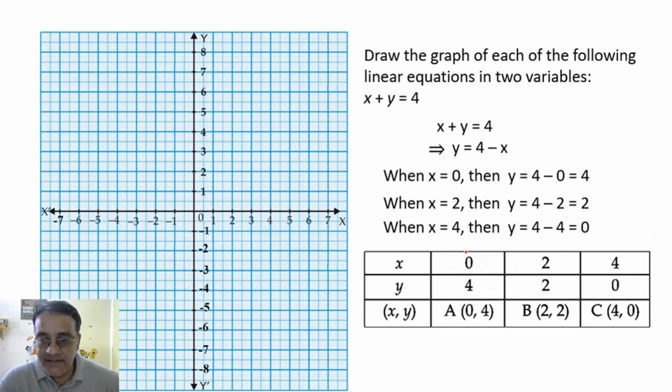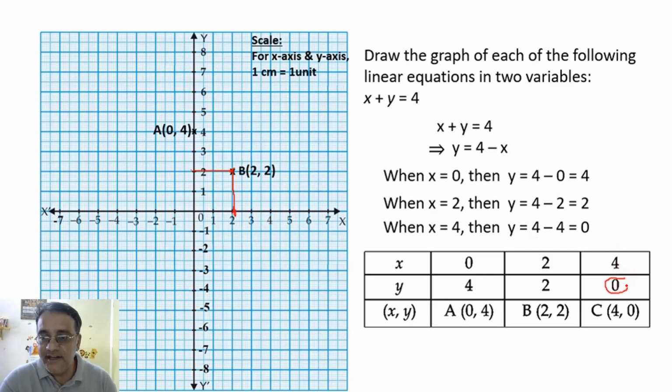So the x coordinate is 0, that means it belongs to the y axis. So 0, 4 comes here. So we'll plot, and you have to write the scale also. For x-axis, y-axis, 1 centimeter is equal to 1 unit. Now we are going to plot. This is 0, 4. Next is 2, 2. So come to 2 on x and go up from 2, and from here perpendicular to the y axis. So this point is 2, 2. Next one 4, 0.